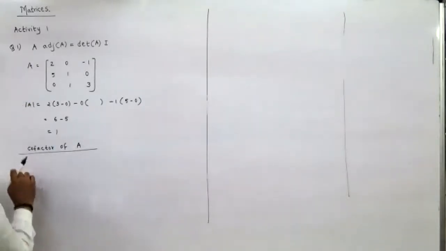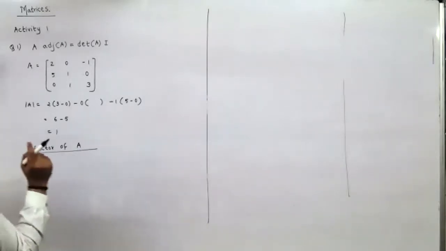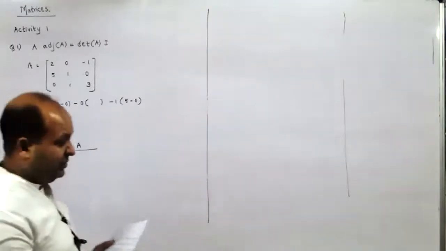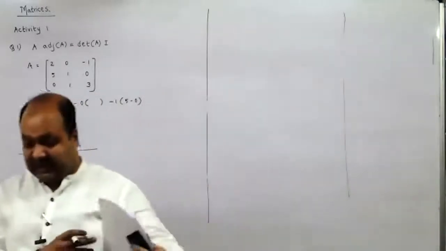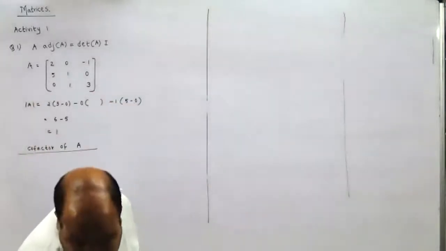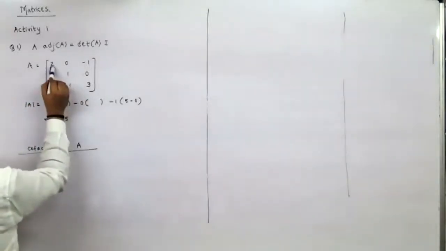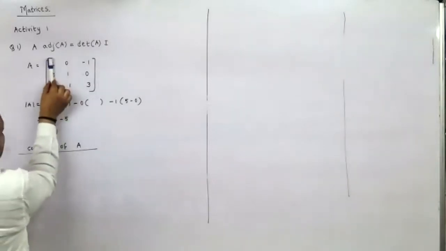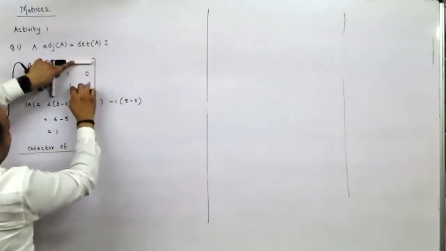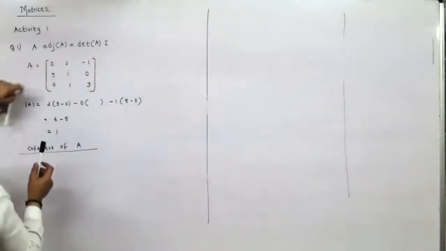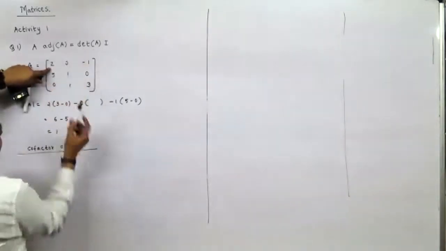When I say cofactor of A, first thing, remember, I'll teach you the shortcut method first, and then I'll teach you the normal conventional method. If you remember, I told you to cover the first row and the first column in this case. So it would be 3 minus 0, so it is 3. So the first element would be row 1, column 1. When I say row 1, column 1, cover row 1 and column 1.